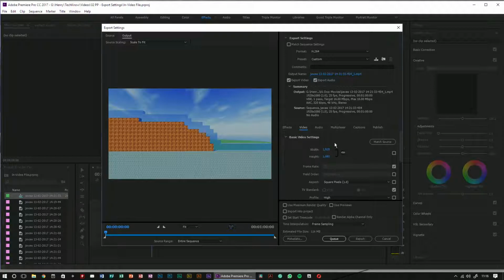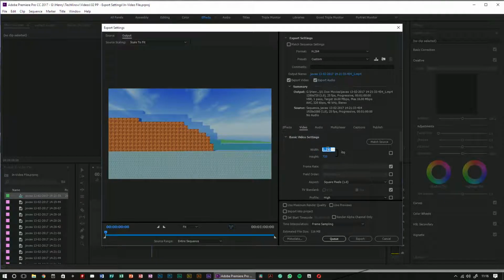And video basic settings, here we have the resolution, but if I wanted it to match the source, I could click there, which means that it matches the source. But if I wanted to unclick that, then I could change that to maybe 1280, and that would go to 720 because it's locked. But if I change that to 1920, there, or that,